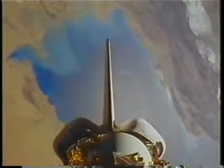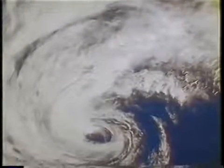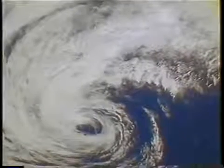I guess this is a part of the Persian Gulf. That is the Persian Gulf, an oil slick, and a big storm. Is that Javier? Javier. There's somebody else. This is Baja California,